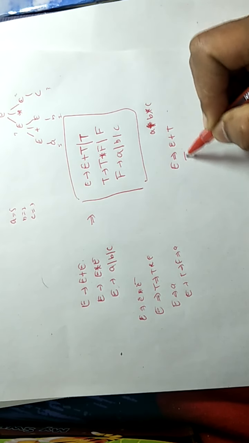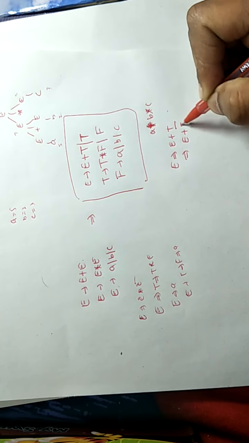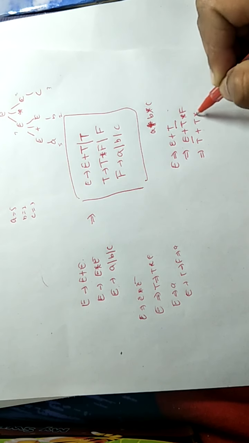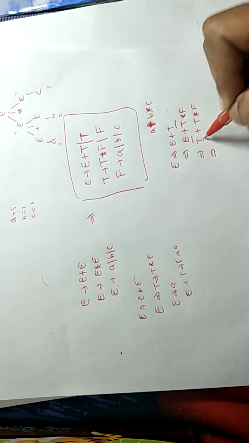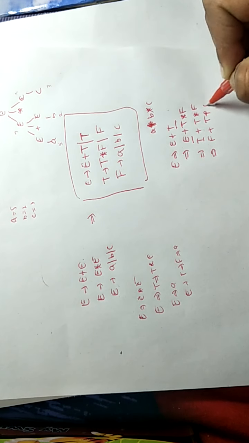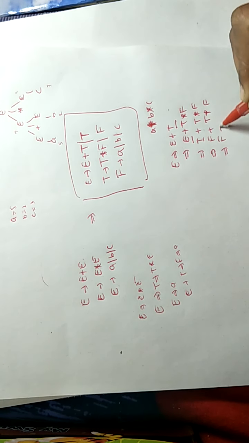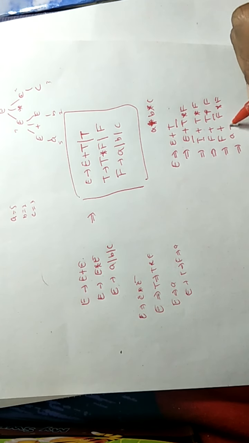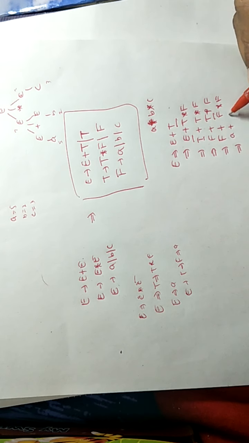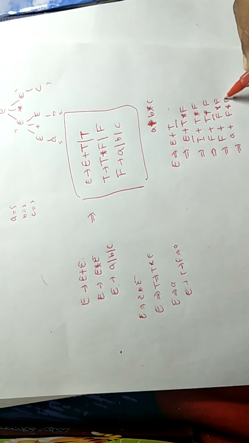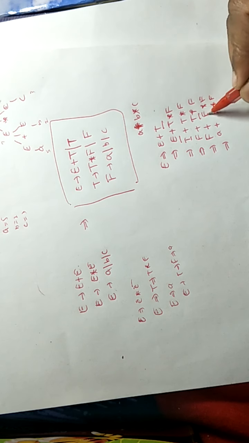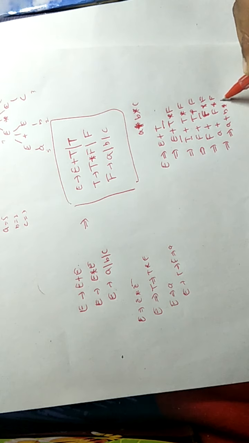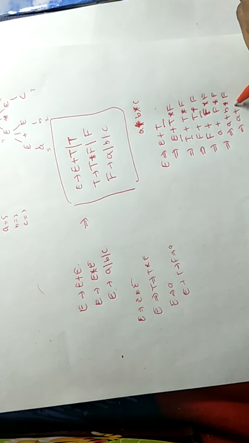as E tends to E plus T, T tends to T asterisk F, and replacing this by T, and replacing this T by F, and this T by F, and replacing each F in one step. First we replace F by A, then we replace this F by B, then replacing the last one by C,